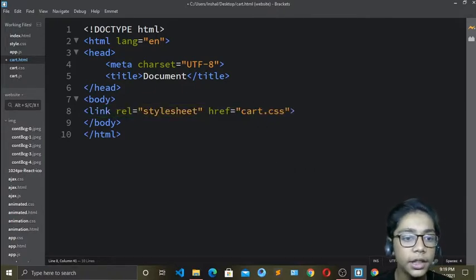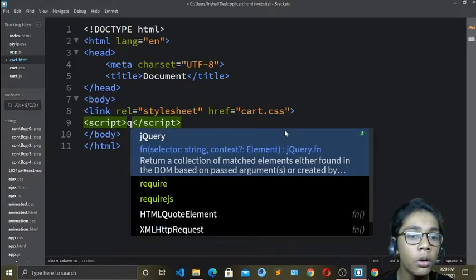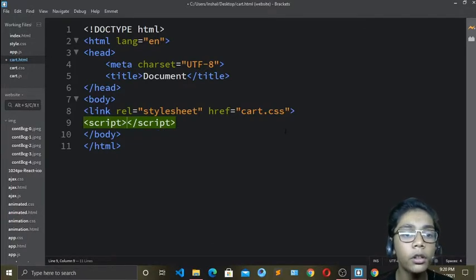So over here you can see I've written that cart.css, and I will just do one thing. I will come underneath that, and now over here I will first of all write the script tag. Okay, so now in this script tag, like I've been telling you, you can write JavaScript. If you want to make another file, you can also do that, and we have just made another file, so I will write all my JavaScript code in the other JavaScript file which I have just made. Okay, so first of all I will link my JavaScript sheet for that.